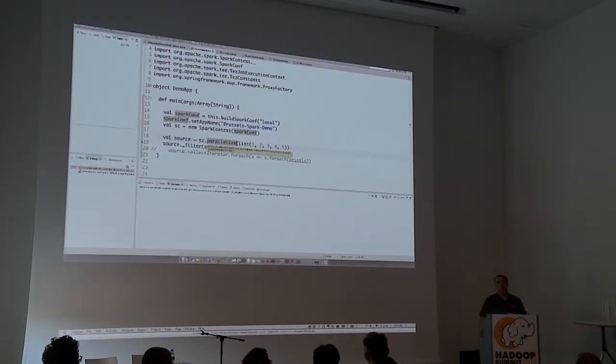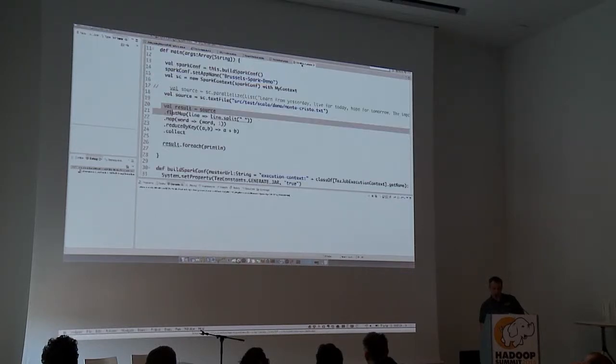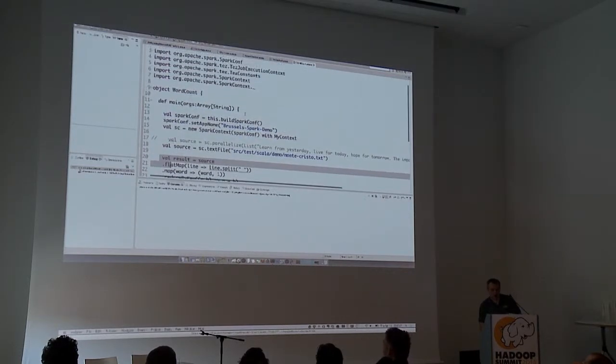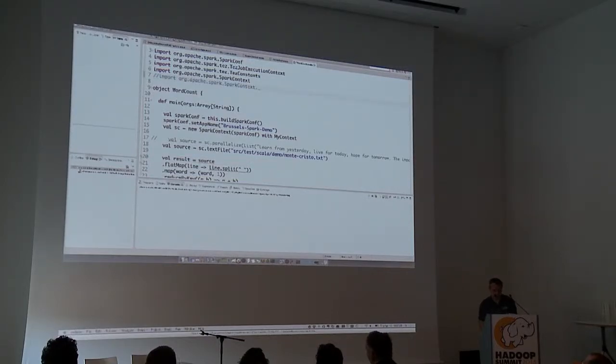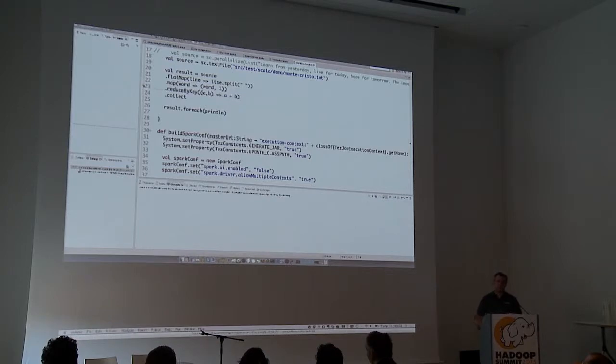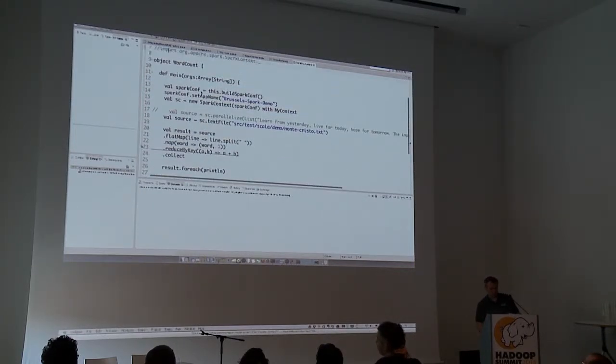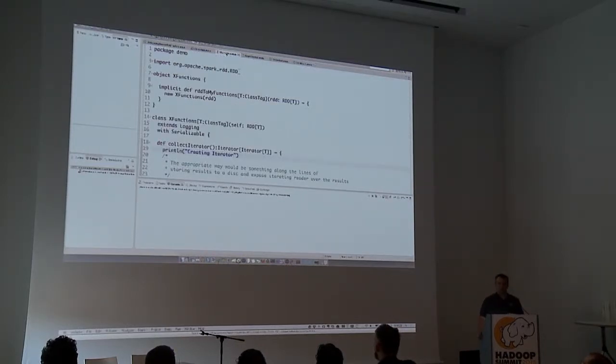Implicits, right? In fact, Spark already uses implicits. Let's switch back to word count, because here's the interesting line of code. If I comment out this import statement, all of a sudden my code doesn't compile, because the reduceByKey operation is not visible. That comes from the pair RDD functions, which is introduced through implicit conversions when I return a tuple, or Tuple2, so to speak. So the same thing we can do here. I created my own X functions, right? So it's an object, and I define my implicit converter method, right?